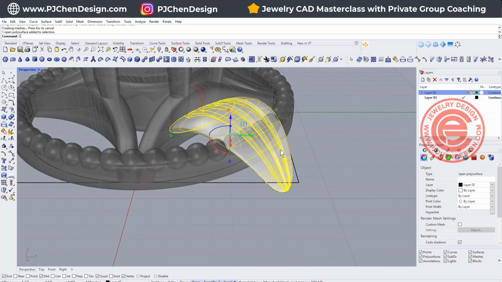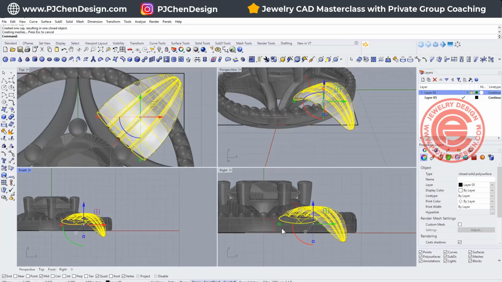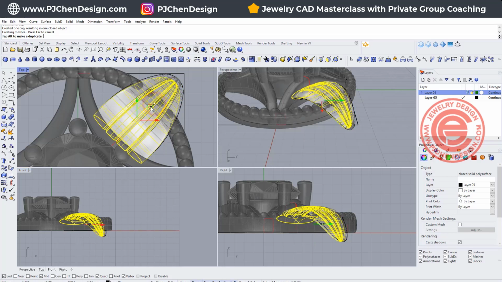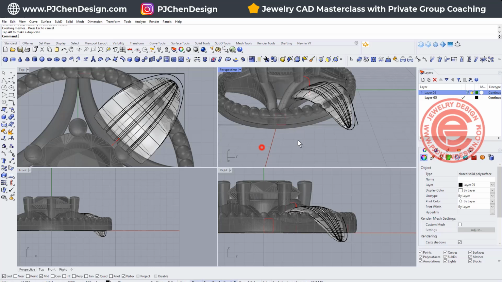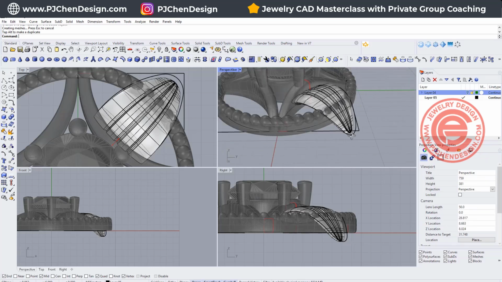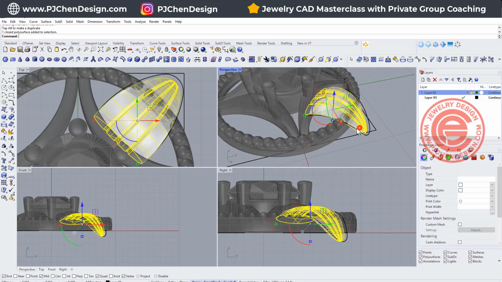So I'm going to use the command Cap again to close it. And in fact, I need it to be inside because it sticks out a lot. Proportionally, it doesn't look too nice there. And make sure the button is intersecting. And if it